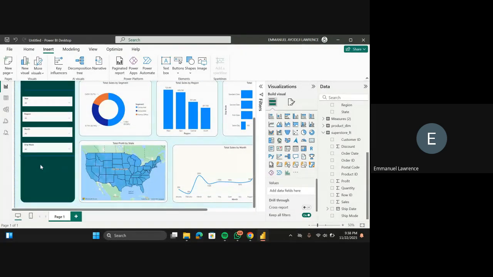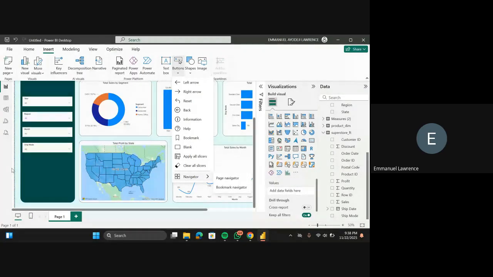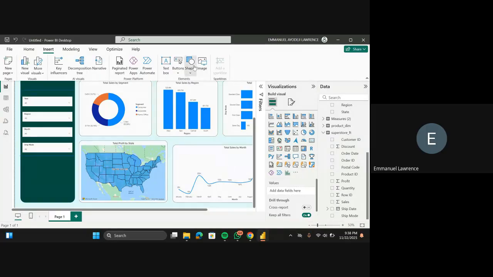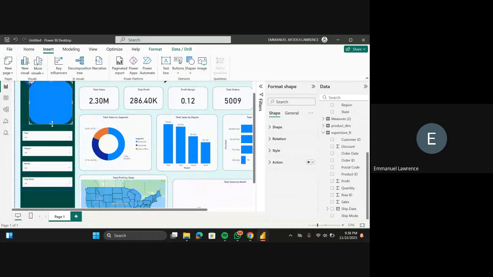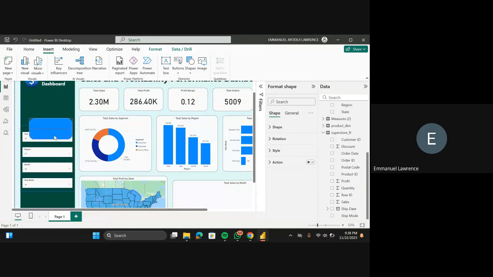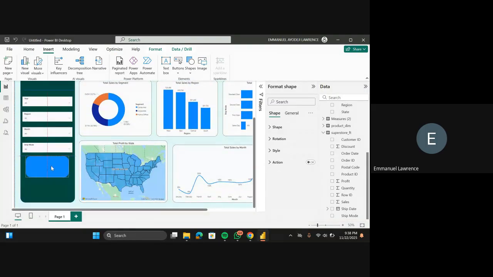So now I can also add a reset button. So in case I use any of my slicers here, I can add a button to reset everything. I'm going to be adding a reset button, right? Okay. That's our navigator. So let's make it a shape, something like this. So I'll just bring this here. I want to reset all my slicers in case I'm using multiple slicers at the same time. So I can just reset everything at once, right?